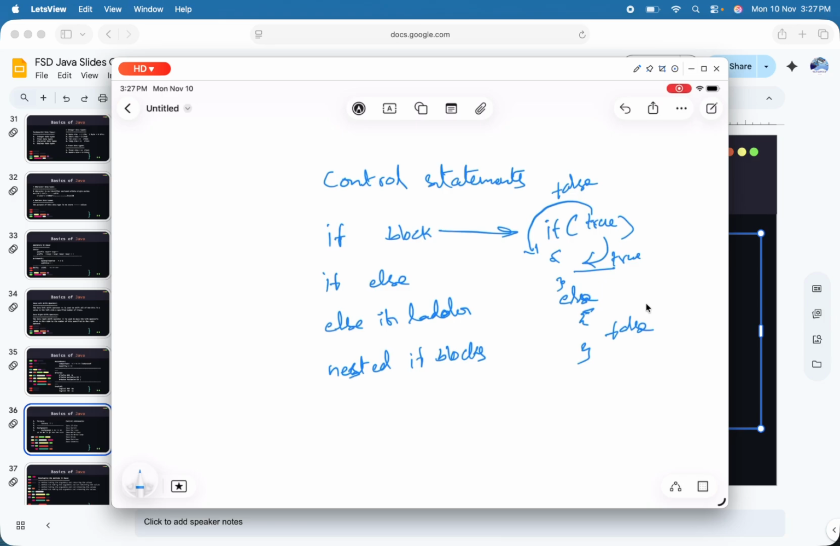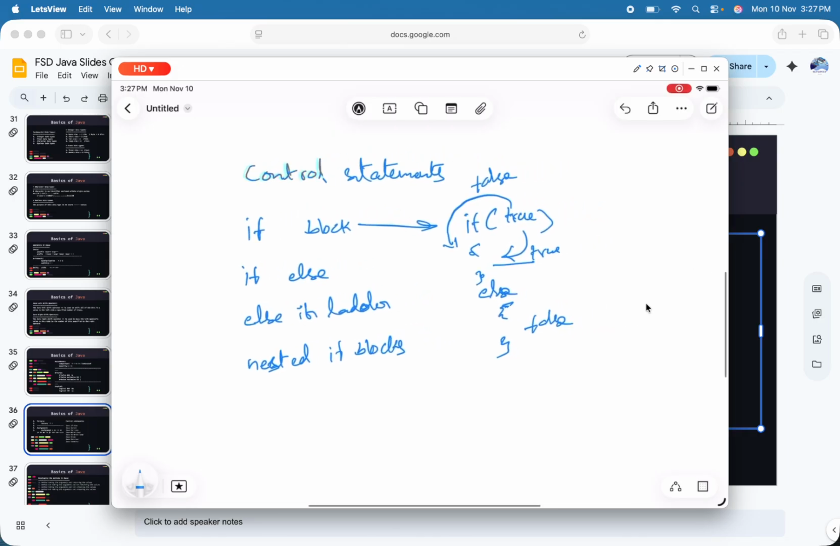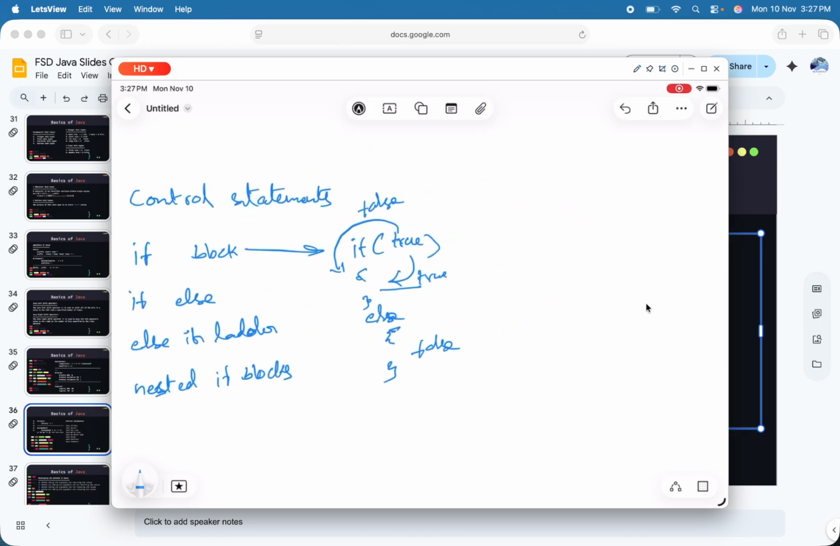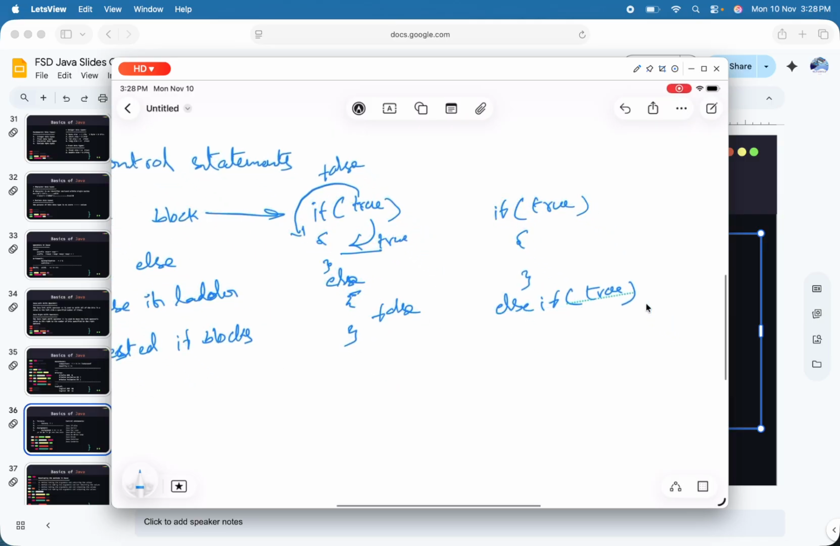Else if ladder means one if block. First the boolean value is checked for the true condition. If it is not true, it will go to the next else if condition. Here we can check whether the condition is true or not. If it is true, it will come inside the block. If not, false, next else if ladder. If it is true, it will come here. If not, it will go to the